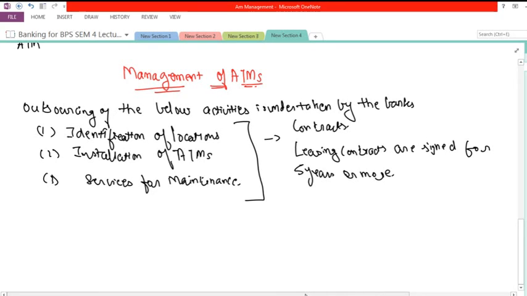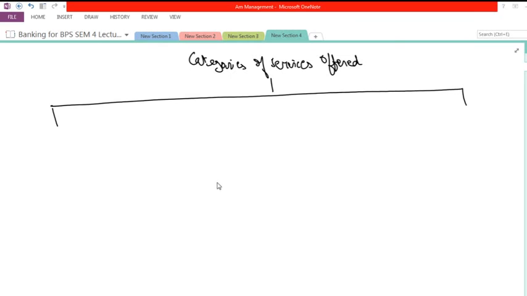Now there are several ATM management services which are required. For example, UPS is required, generator is required, network and switch configurations have to be undertaken, communication systems have to be established, then VSAT instruments have to be established, and the manufacturing has to be done, site implementation has to be done, ATMs have to be installed, and all of these services can majorly be divided into 4 different categories. So the category of services offered includes the first one, which is known as transaction process.